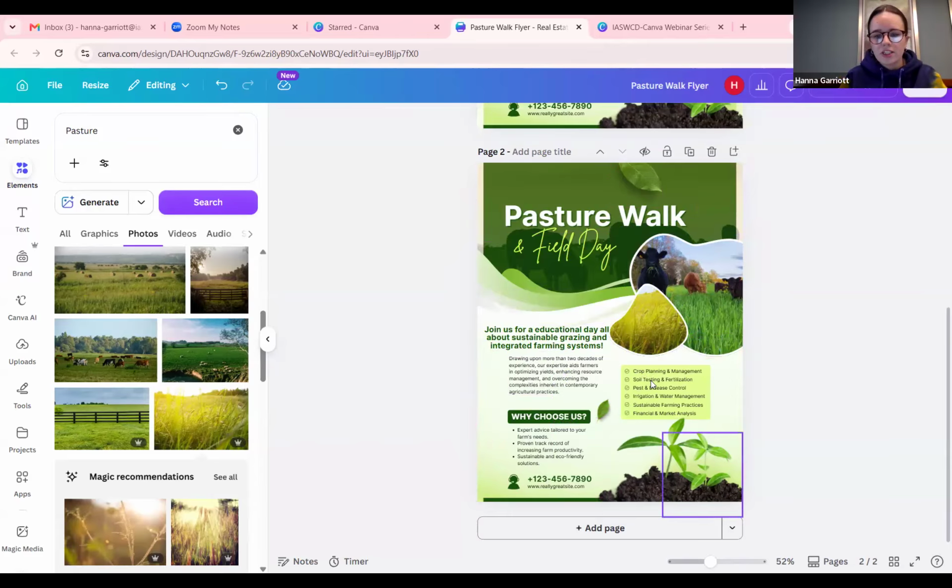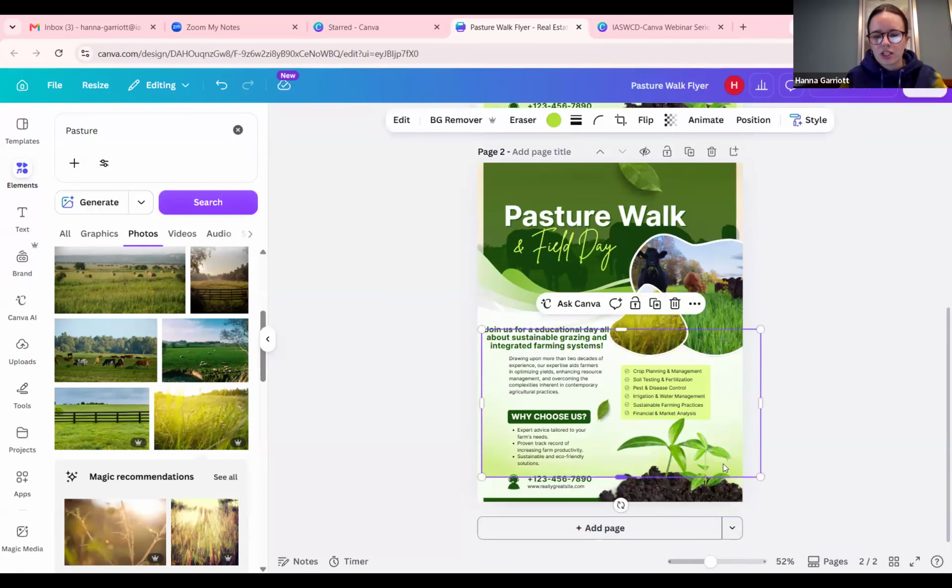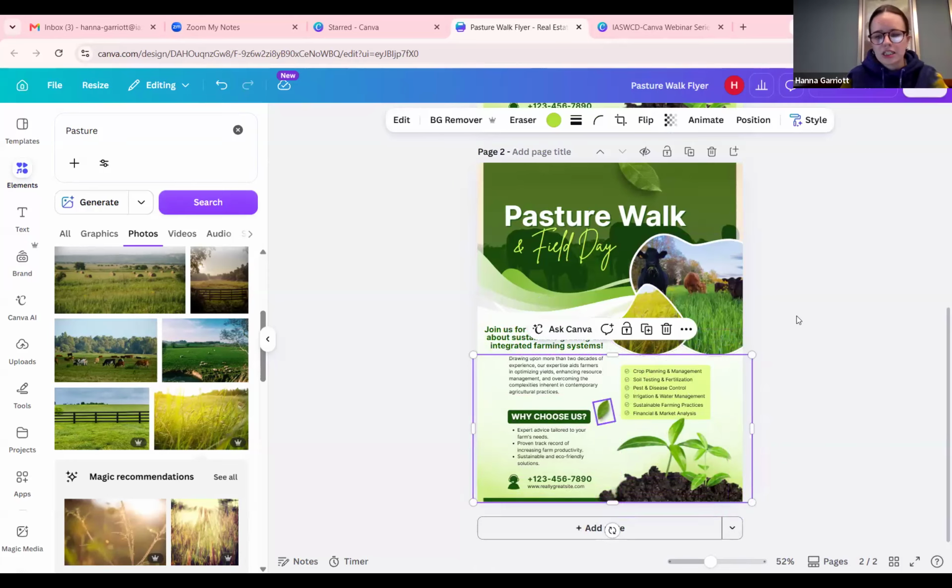Okay, and so now as I move down here to work on the lower half of the flyer, you can see there's this big box back here that's going to affect me when I'm moving everything else. This big box is actually like this little yellow fog that the template came with. And so instead of moving this all around and deleting it, because I do like the way it looks, I'm